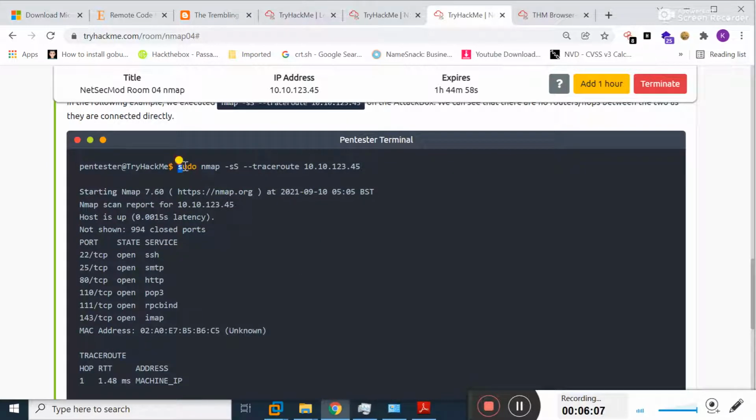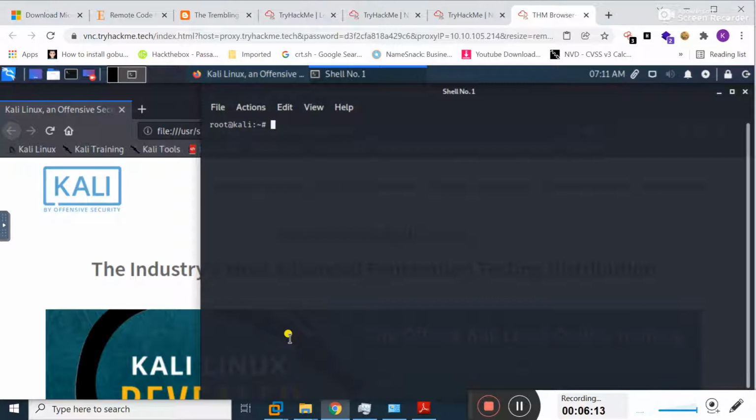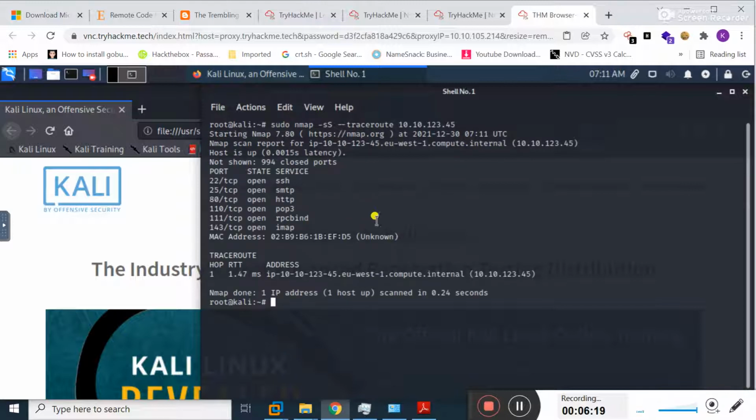If I type this command, I just copy this command here and move to my terminal window. First I should clear the screen, and now if I type this command here and press enter, basically the traceroute command shows me how many hops are between my machine and the target machine.